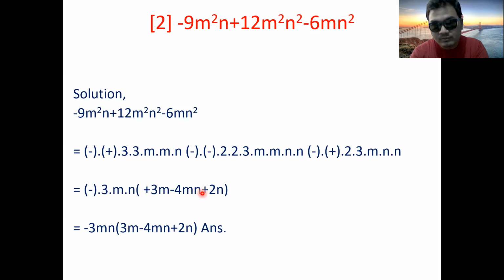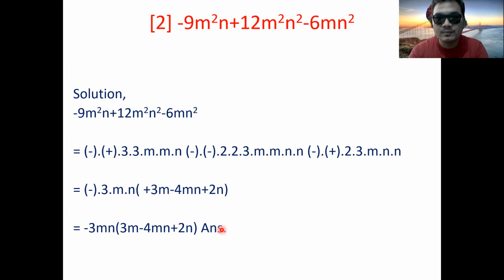And n. And here also the minus is common and gone, then plus is left here. Okay, plus remaining, and 2n left because 3 is already common. 3m is already common and gone, and n is also common, so 2n is left here. And write the remaining one multiplication, minus 3mn right here, 3mn. And what is this? Plus. And here is also plus, and if there is no sign in front of this 3, plus sign, minus 4mn plus 2n. This is the answer.